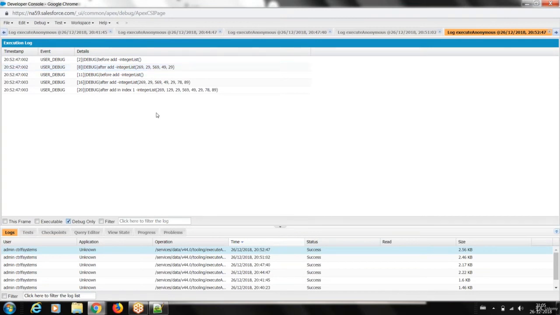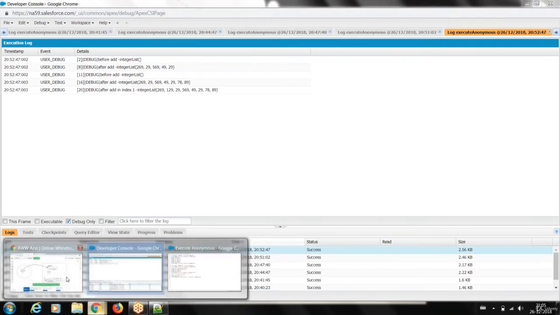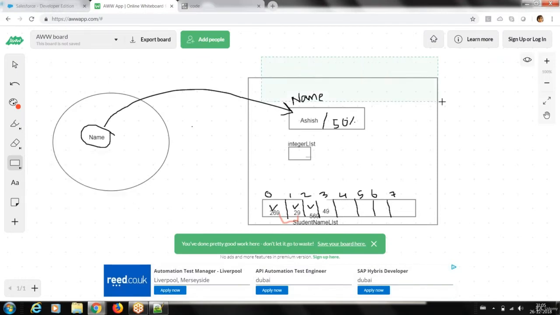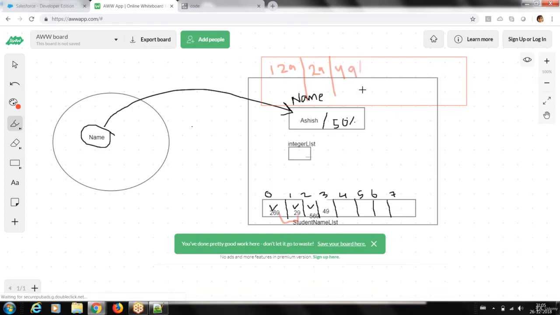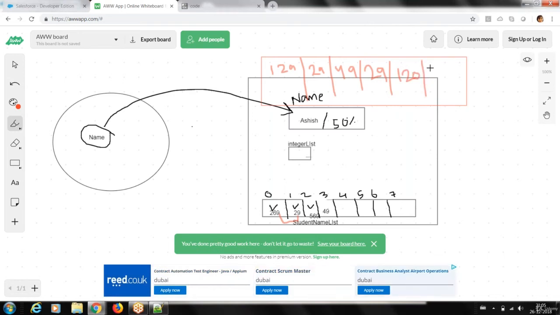Why is this happening? The list is a collection, and in the way you enter the value, it will be entered that way. It is not doing anything automatically. So when you have this list, let me create a collection here. This is a collection for me. I entered 129, it's there. I entered 29, it will be there. I entered 49, it's there. I entered 29, it's the next element. I entered 120, it's the next element. So whatever element you enter, no matter what, it will still be there.